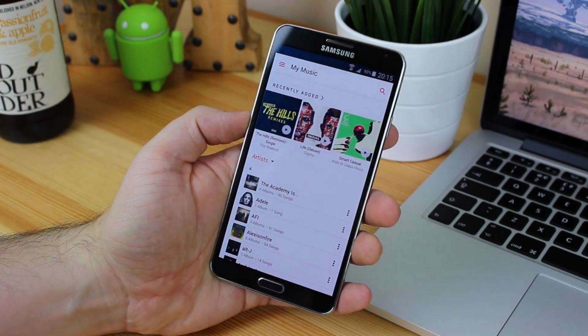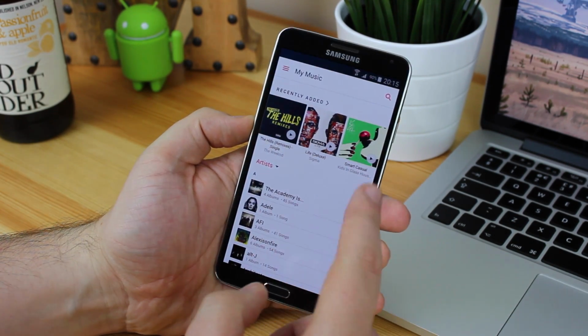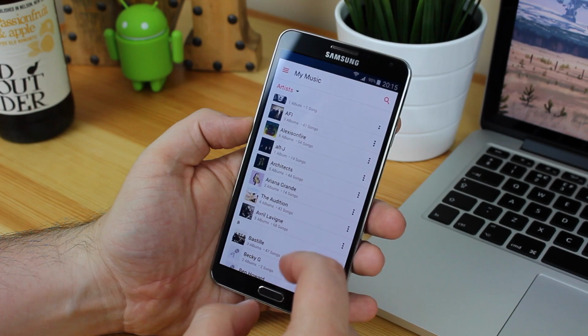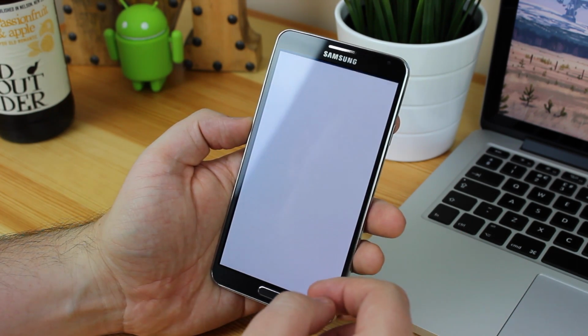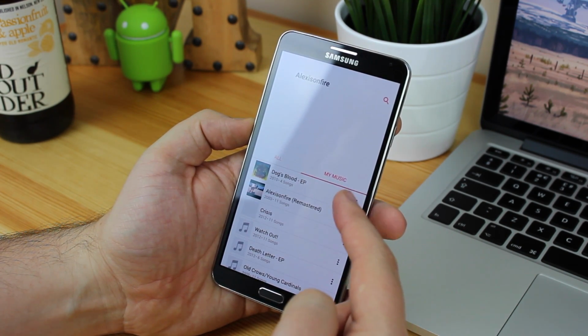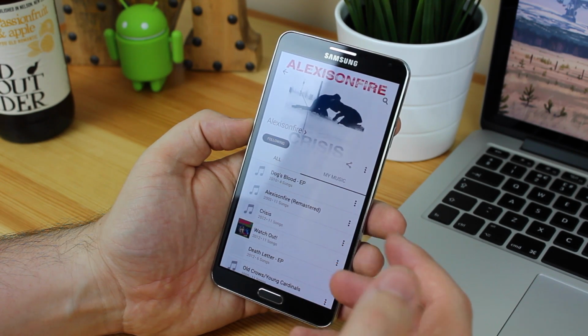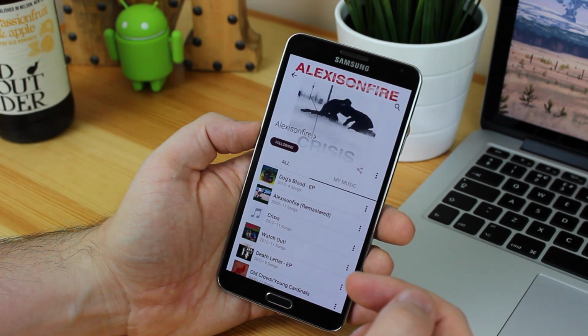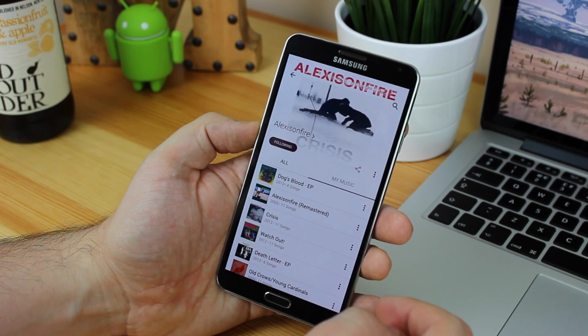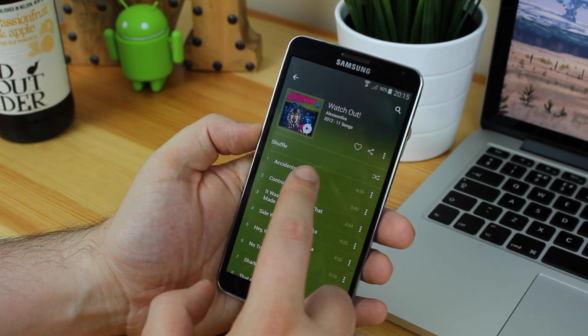ready to play. From here on out is pretty much like every other music streaming service in terms of the actual music library. You got artists, songs and albums. You can click on an artist to see available albums in your music, or you can go to the All section to see what's available on Apple Music that you may not have. You can then click on an album to see the available songs,